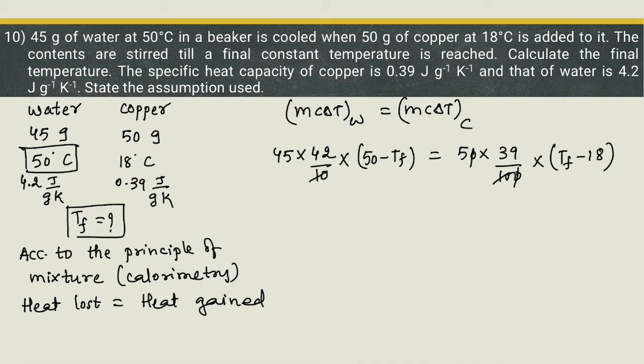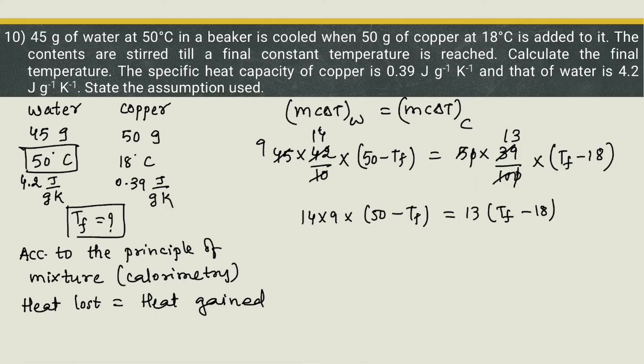Okay, 10 and 10 get cancelled. 14 threes are 42, and 13 threes are 39, 9 fives are 45. So now 14 into 9 into 50 minus TF is equal to 13 into TF minus